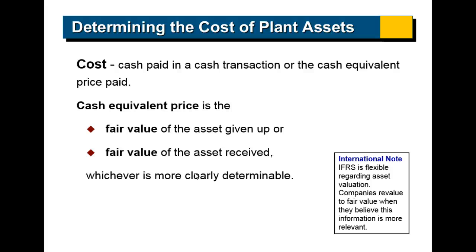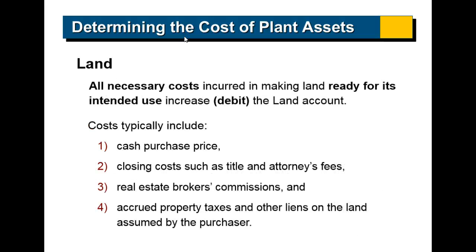So whichever one of these assets that we're giving up or receiving is more clearly determinable, that's what I'm going to show the value of the transaction. So sometimes we're not always dealing in cash, and we still have to come up with a historical value. Land, as we deal with